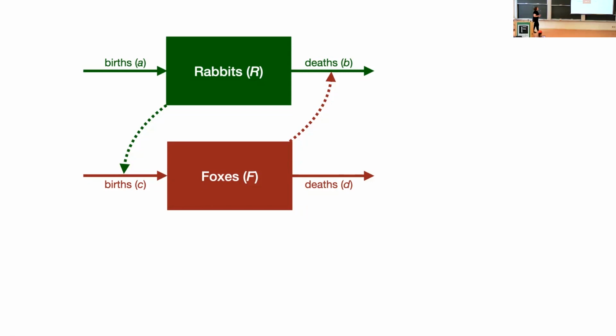And the thing I want to point out is that this picture does not necessarily map to only one kind of model, even though I'm going to show one model right now. This is more of a concept and idea. It's not the model itself. The model that we usually see associated with this is an ODE model, ordinary differential equations, where we look at the rate of change of rabbits or foxes over time as a derivative, and then we put in rules. The rate A is associated with the birth process. We're modeling it as an exponential process, and then the predation happens in this mass action way.